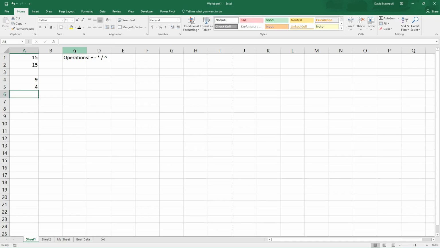Now let's take a look at cell referencing. So let's delete everything here. And let's enter some data into our spreadsheet. Let's just put in some numbers, and then over here in column B,